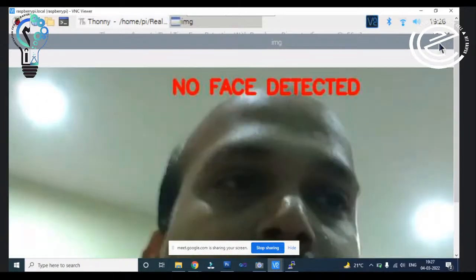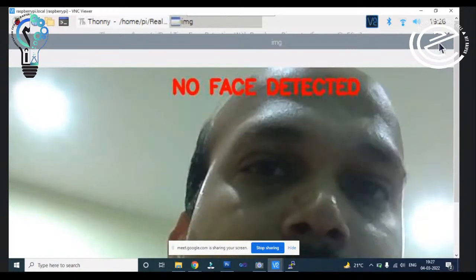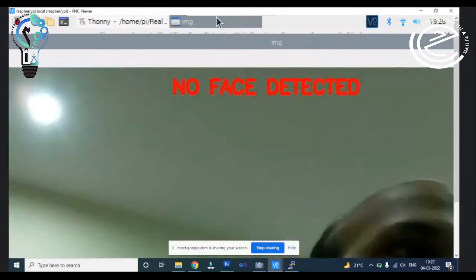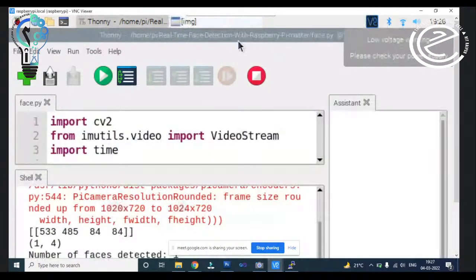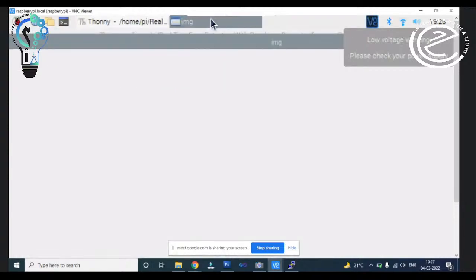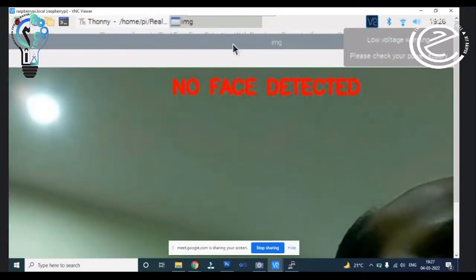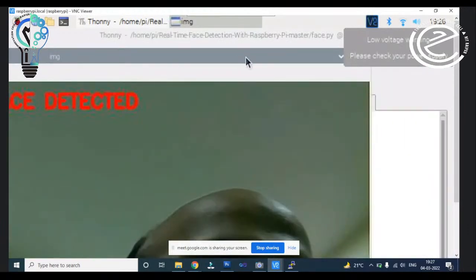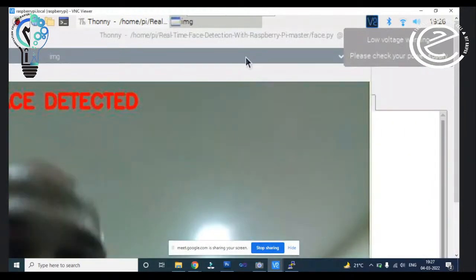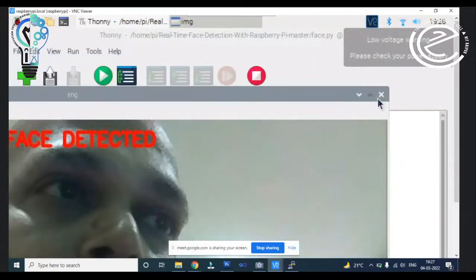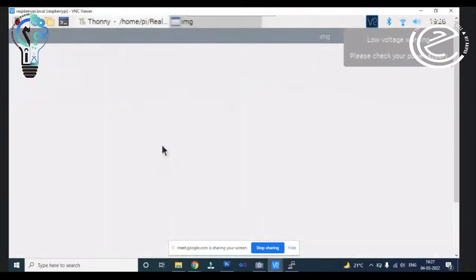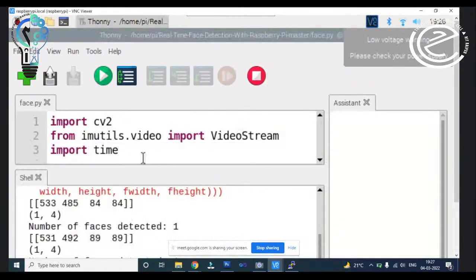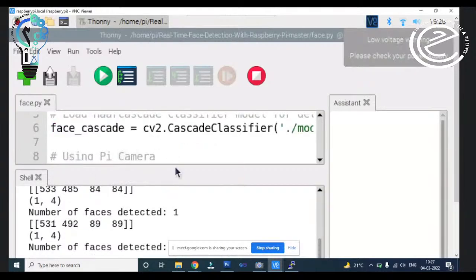I need to just go in front of the camera. It's hanged. You can see we can change the parameters here. We need to stop the software first, and you can change the parameters which are in the program.